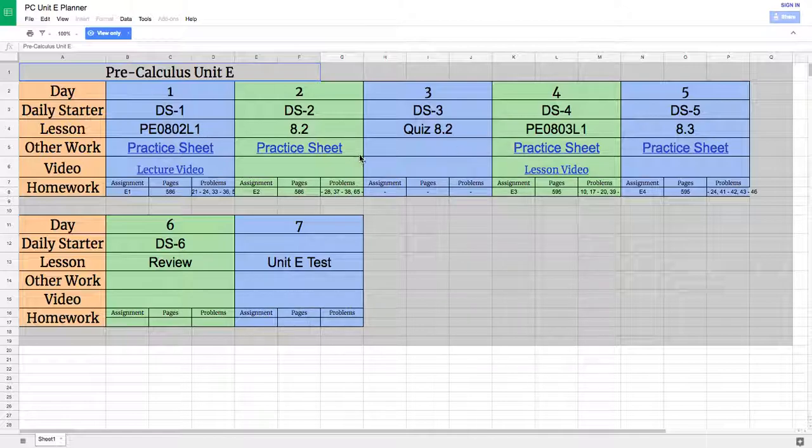And so you can just see the daily breakdown of what we're doing. We do daily starters for each class, and that's what this is, DS1, DS2. I don't have those on the website, but really they're just sort of little practice questions to help get the class going. If you are